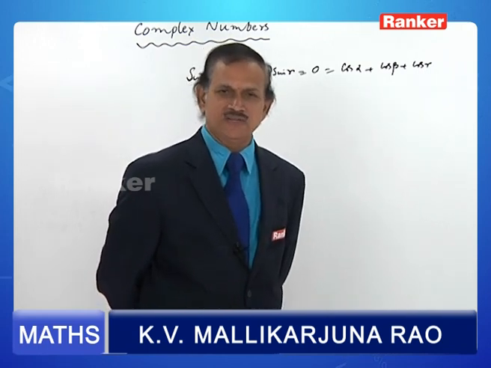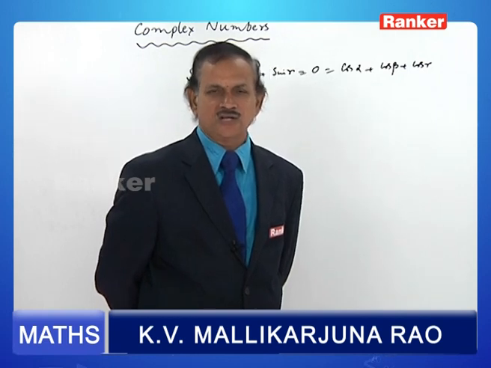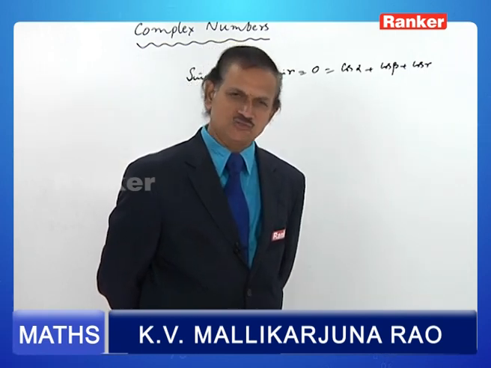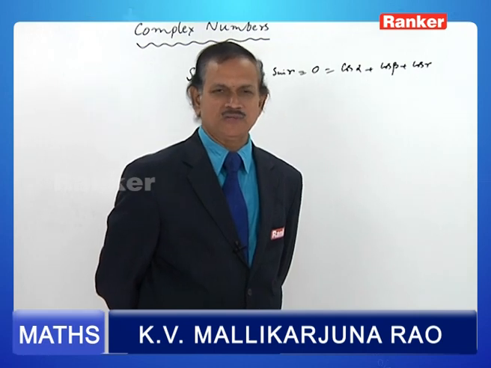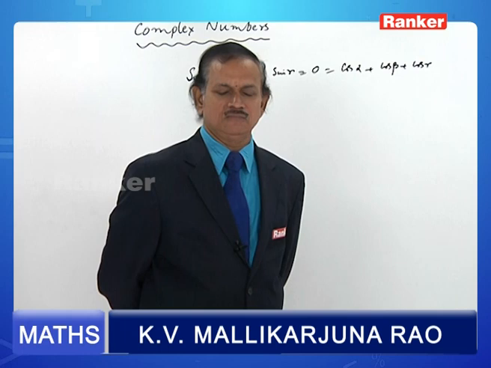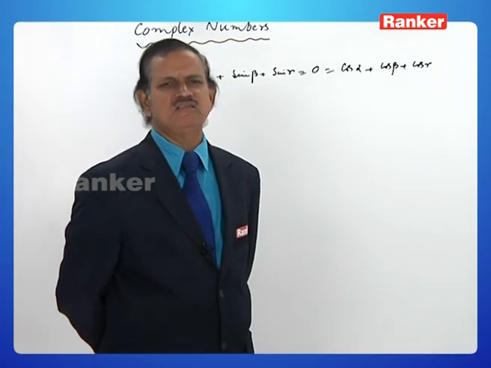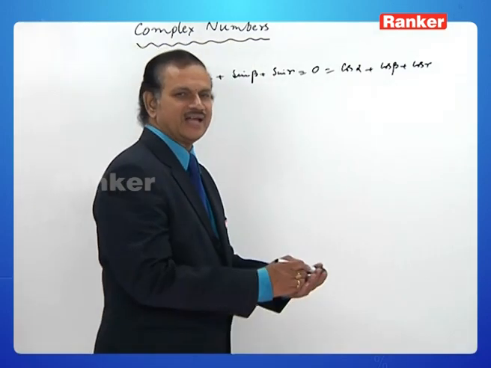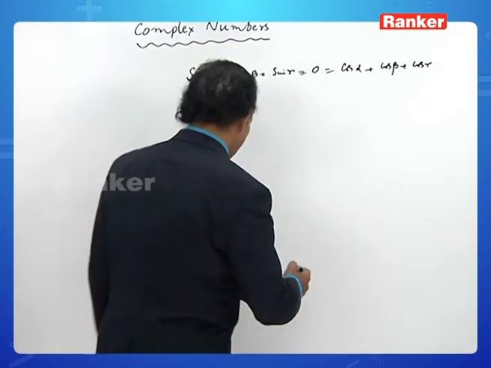Sin of alpha plus beta plus sin of beta plus gamma plus sin of gamma plus alpha is equal to 0. Cos 2 alpha plus cos 2 beta plus cos 2 gamma is equal to 0. Sin 2 alpha plus sin 2 beta plus sin 2 gamma is equal to 0. Sin square alpha plus cos square alpha, like that, so many things you can have. What are they? Number 1,